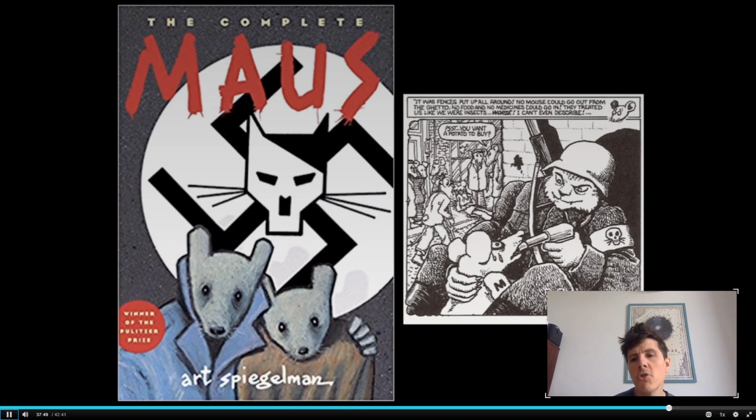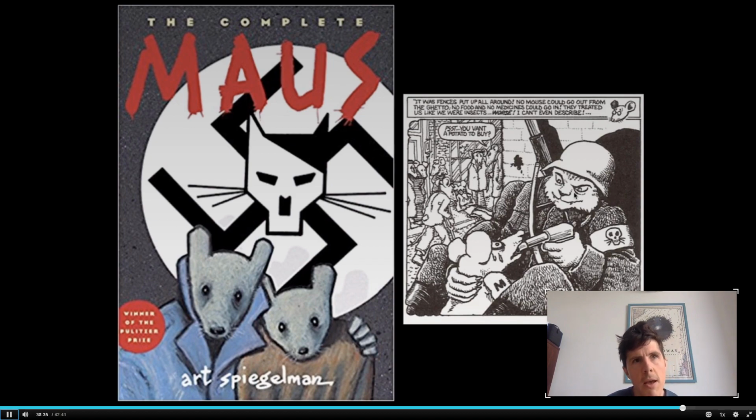And so we have a real jarring juxtaposition here, right, of this apparently low, unserious, popular cultural format being used to describe the most serious, if you like, most terrifying, most unrepresentable event in history. And as if to make that even more provocative, Spiegelman draws all the Jewish people in his comics as mice and all the Nazis as cats, to visualize the chasing, if you like, or the terrifying horror of the Holocaust through these very simple,